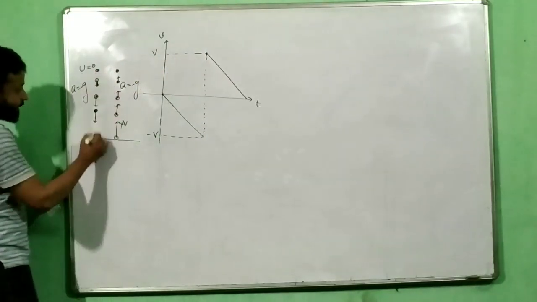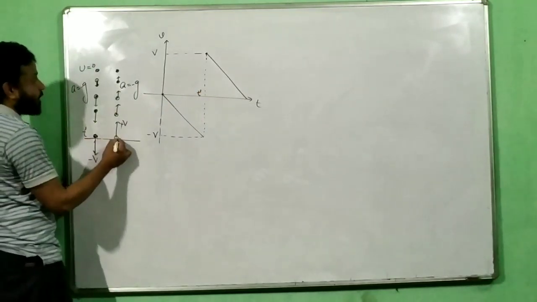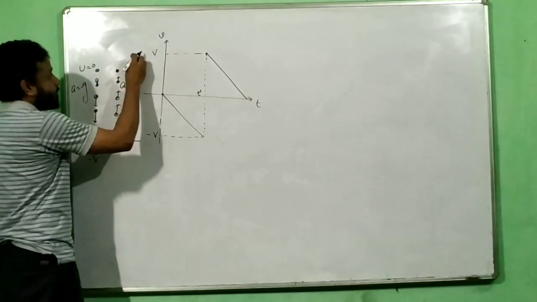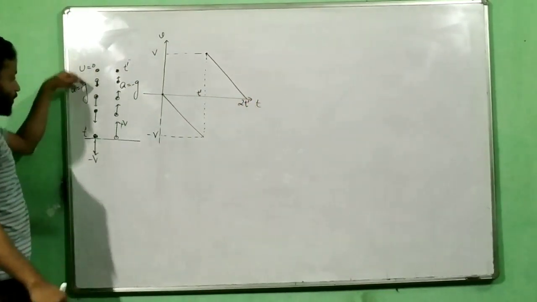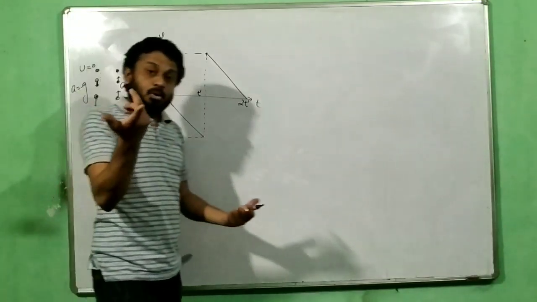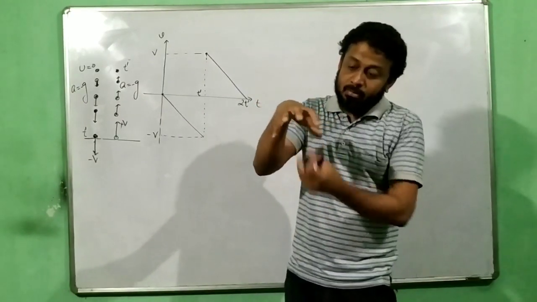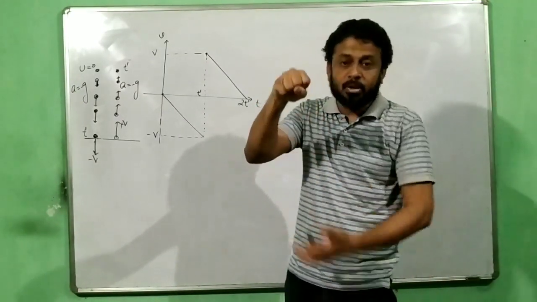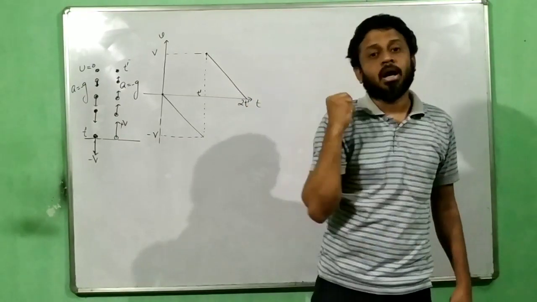So if I say that this takes a time of t, let us say t dash, then while going up will again take another time of t dash. That means total time will be 2t dash. T dash to go down and another t dash to come up. What is the displacement? If I start from my hand, I drop something, it comes back to my hand. What is the displacement of the ball? 0. Am I right? Finally, it is back in your hand.